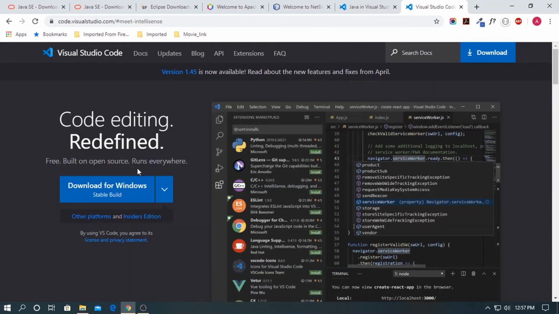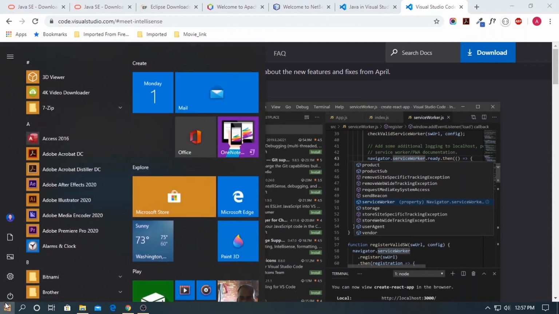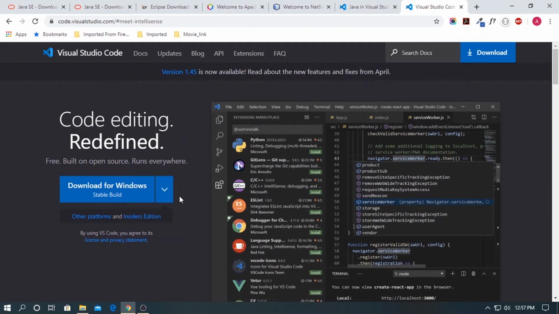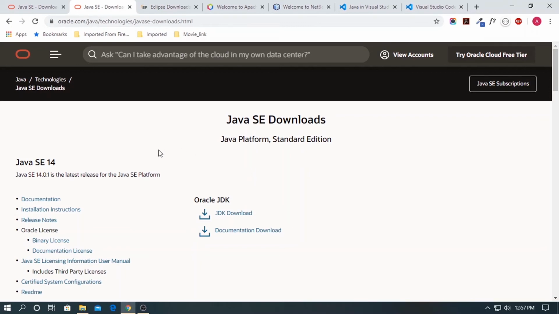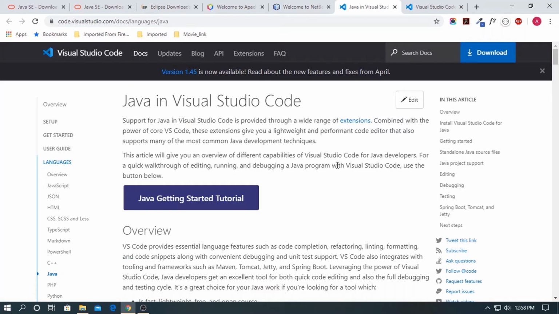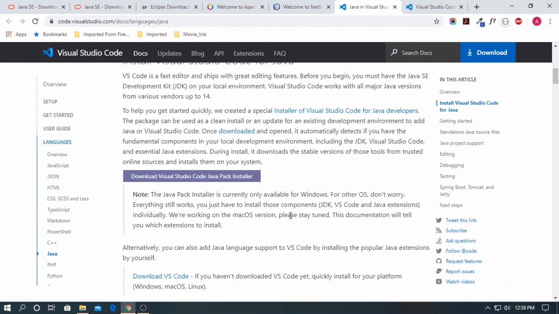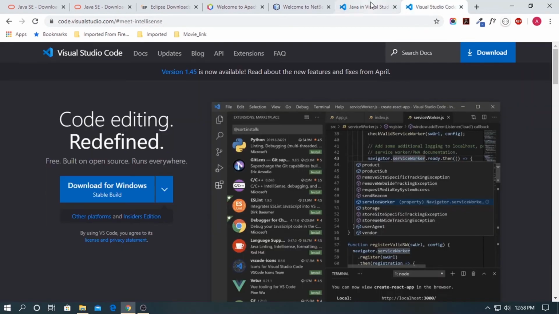Let's jump to the installation section, because I am going to install Java for Visual Studio Code. I have already installed Visual Studio Code and also the Java JDK. You can install the Java plugin for Visual Studio Code even if you have already installed it earlier. I am going to install the extension, but you can also install it from scratch: download Visual Studio Code, install it, and then install the plugin. So here is the tutorial on how to install it. Let's check the tutorial and install it.